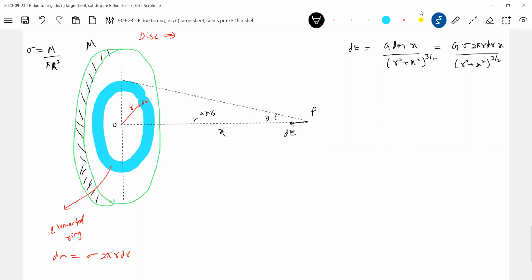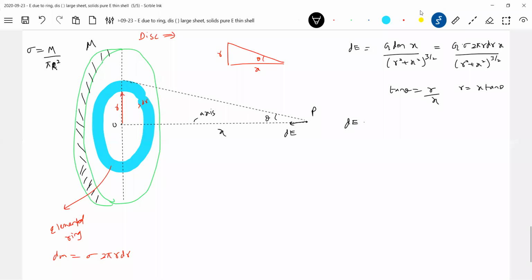Now I'll take help of the triangle. Let me give r here like this. You have a triangle; just take help of this triangle. This is theta, x. This is r. What is tan theta from the triangle? r by x. So everywhere, replace r with x tan theta. Let's see what we get now.